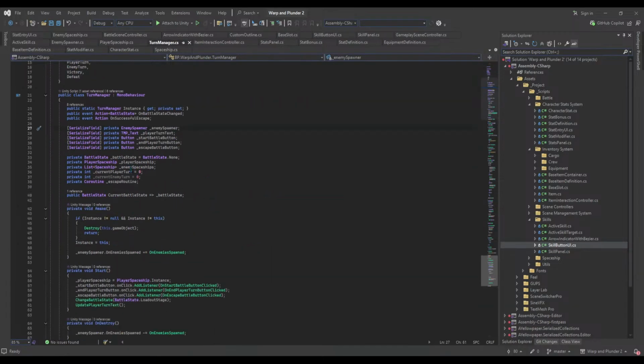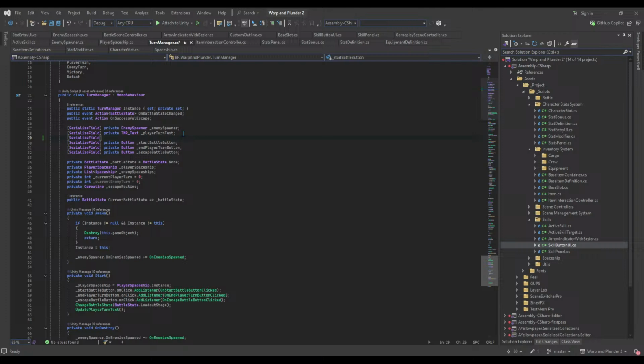Here, we'll have one more text, next to the MP text. This will be the energy text, and then we're going to create one more integer,